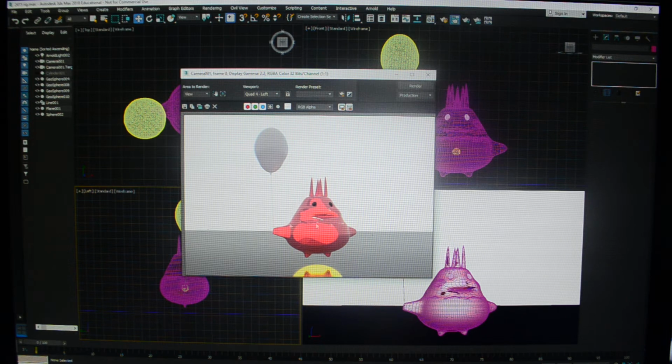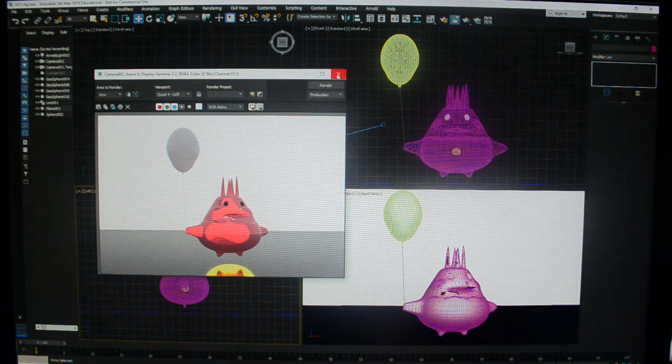Let me just render him out here, and he's got a balloon. We can also create a bone chain for inanimate objects. I can turn this balloon into another character with a mind of its own and create a bone structure for the string line that's holding the balloon that he's holding onto. But also, if he moves, I can cause the balloon to animate as well in an interesting way if I want. So that's possible. All right, so there's the cute little sprite, and we're going to go through the process of rigging him